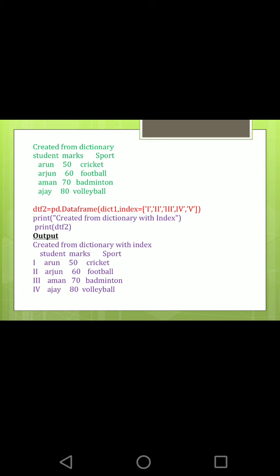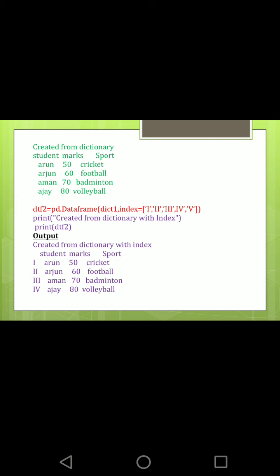Next you can see in red, it is another way of creating a data frame. We know that DTF2 is the name of the data frame. pd.DataFrame is the function name to create the data frame. Within brackets I am giving again dictionary 1, the two-dimensional array, and I am adding one more thing to this, the index, that is I am adding an index to the data frame.